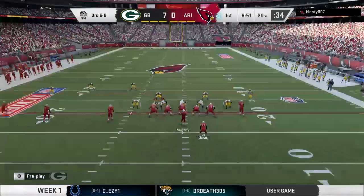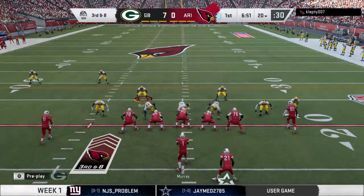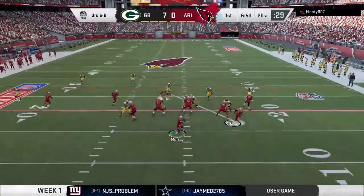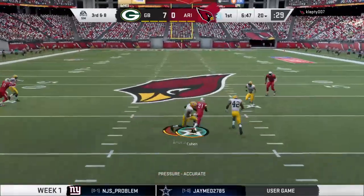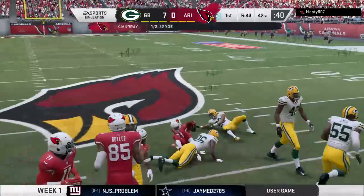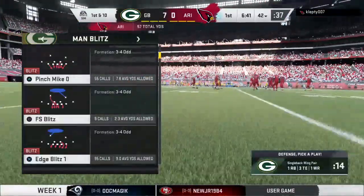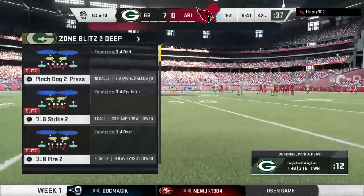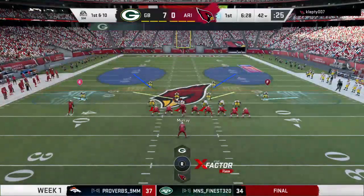So the failure to connect on 2nd down, that leaves them staring up here at a 3rd and 8. Throwing is Murray on 3rd down. Gets this to his running back, Tariq Cohen. And they're going to get this beyond the 40 before he's taken down. A well-executed 22-yard gain. Good route, good pickup for first down yardage, and that is a tough one to cover,